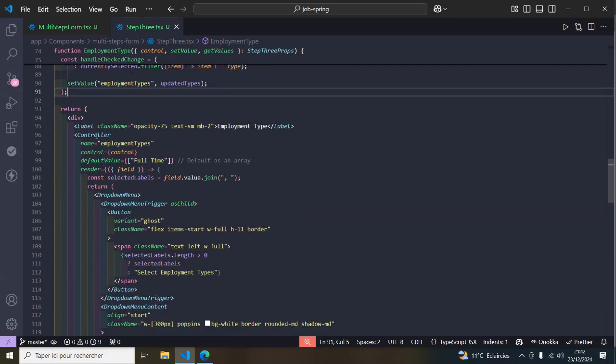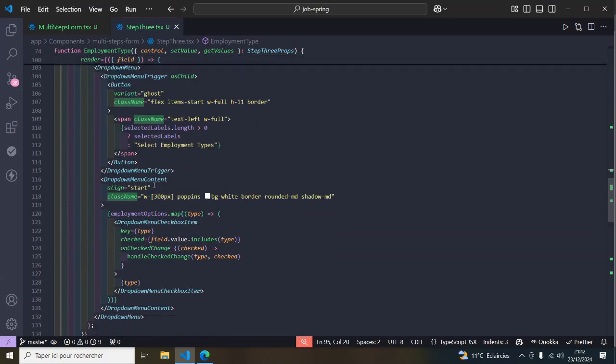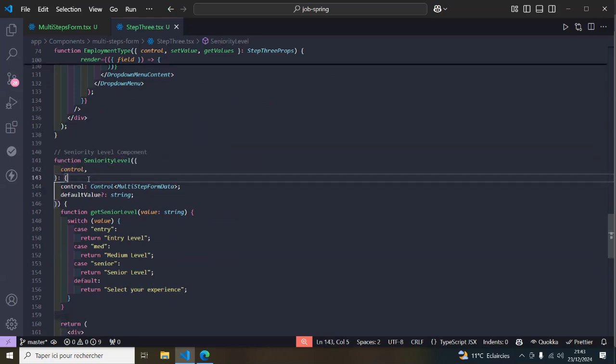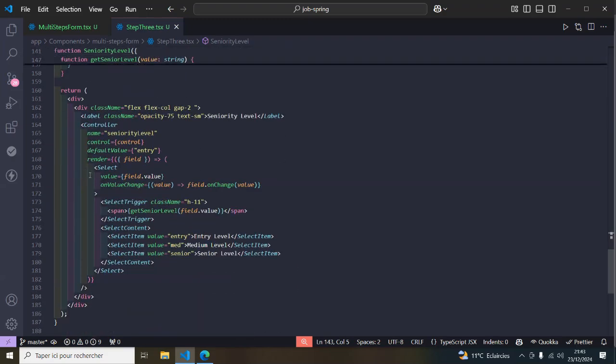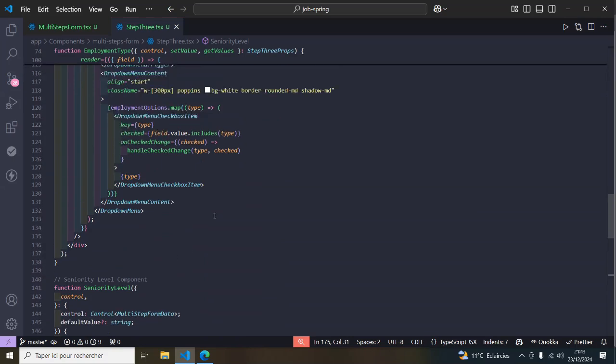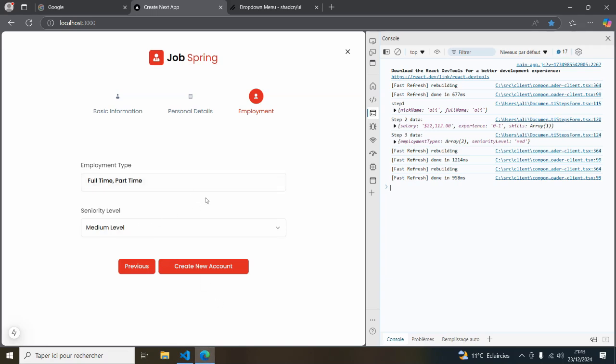And also, again, we're going to use the controller function, as you can see, and also inside the seniority level, we're going to use the control parameter, and also we're going to use it to be able to track everything that we are doing inside all these elements,